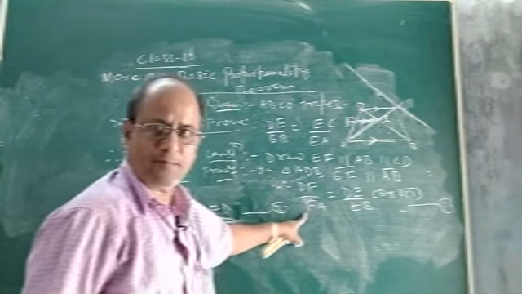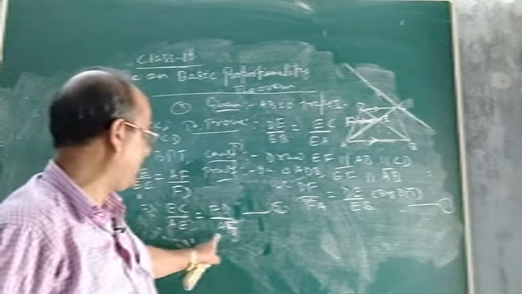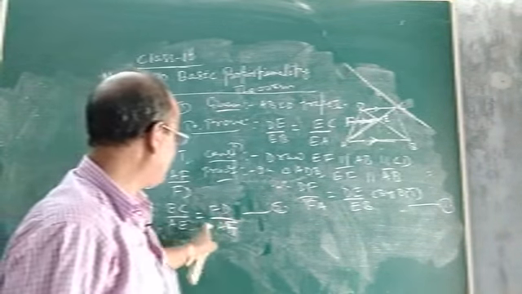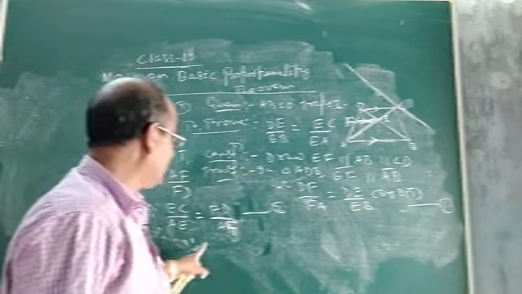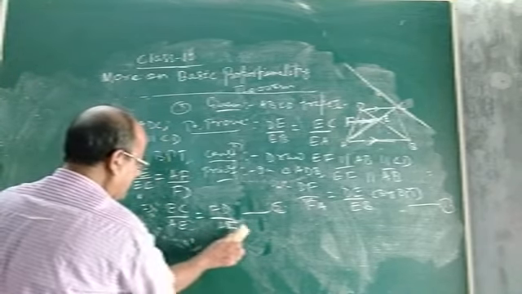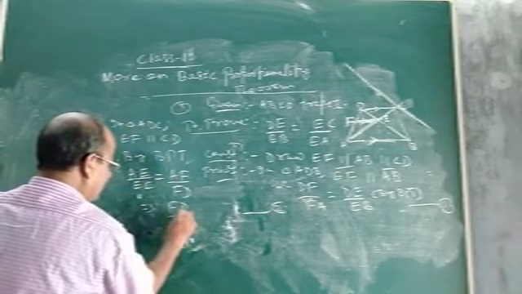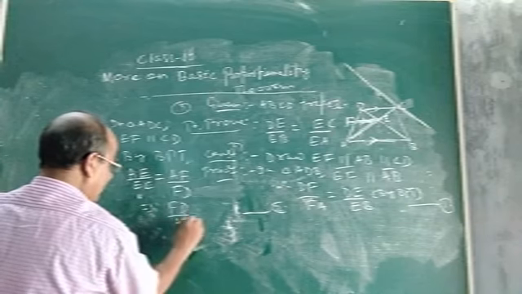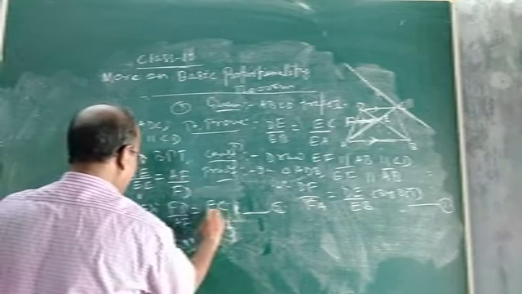Here DF by FA. Look at the left hand side. DF by FA. Here also DF by FA. AF means FA, no problem. DF and FA are same. So in equation 1, look at the left hand side. Or you can reverse the ratio, I mean just change the order of sides. FD by AF you write down. FD by AF will be equal to EC by AE.